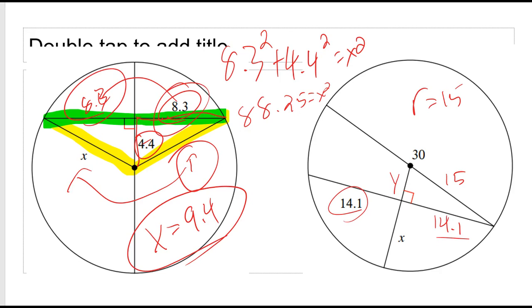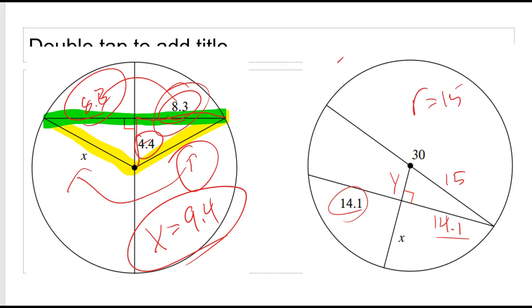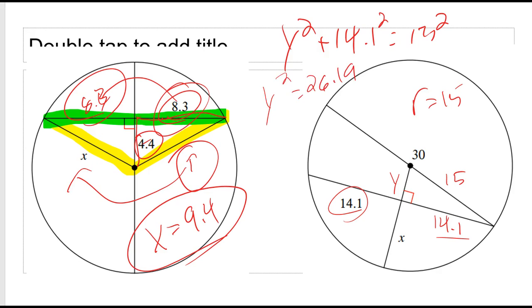First thing we're going to do is find y first. Use y to find x. Let me erase some stuff to clear some room. So first thing I need to do is y squared plus 14.1 squared equals 15 squared. So first thing I'm going to do is take 15 squared minus 14.1 squared. It gives me y squared, 26.19. I'm going to square root my answer. That means this answer is going to be 5.1. So if I know the whole thing is 15, and I know this little sliver right here is 5.1, just subtract. We've done this problem before. So the answer x is